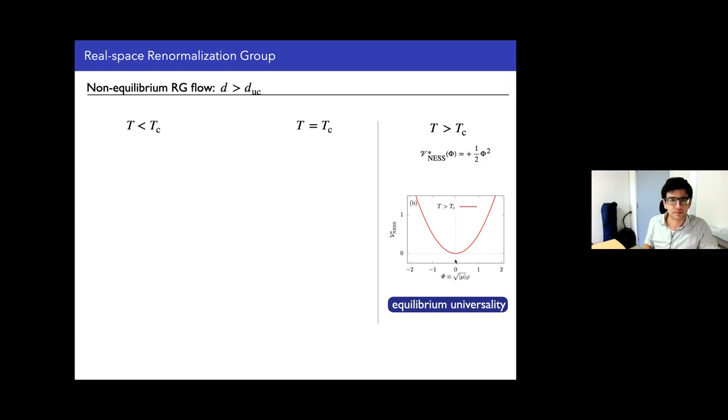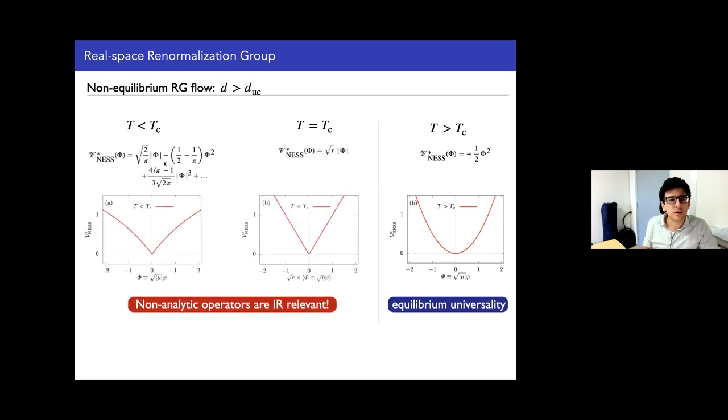and that's it. But what's new is that below T_C, you can compute the free energy potential, or here it's just a Landau potential, and you can look at all the operator content. It's much different from what you have in equilibrium. Now you have also the phi^2 and phi^4 potential, but you have now terms like the absolute value of phi, absolute value of phi to the 3, right? And this is really different from what you have in equilibrium at low temperatures.